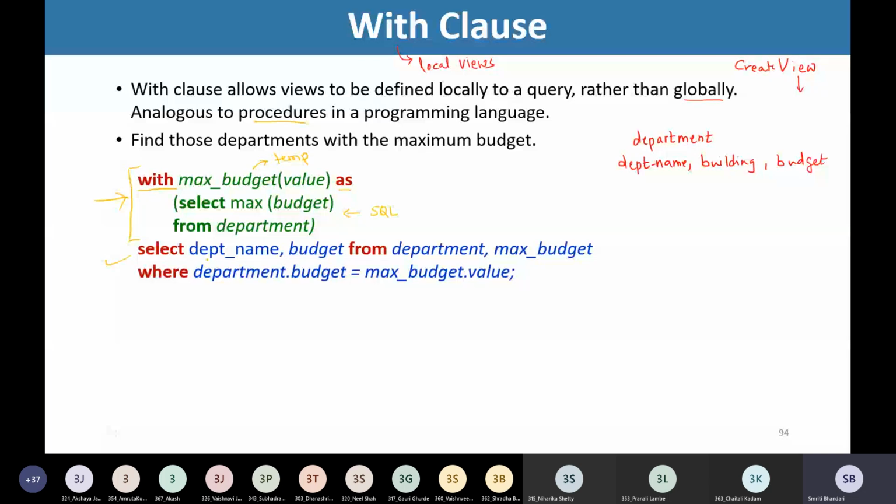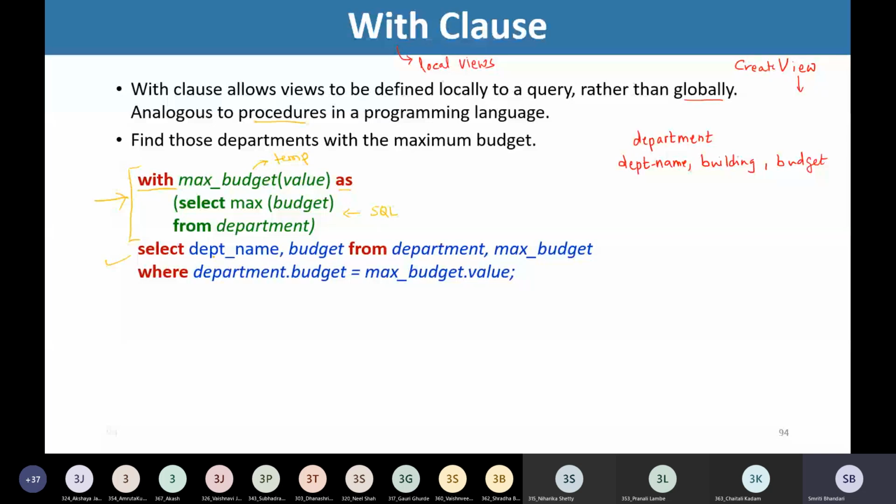It will not be available to write any other query. But if we write a query here itself, then with the with clause it is possible to locally define this particular view or temporary relation, and while writing the query here, this locally created view or relation can be used.